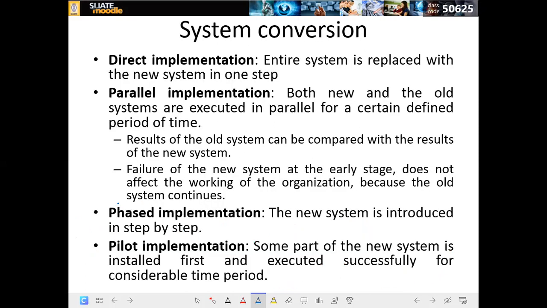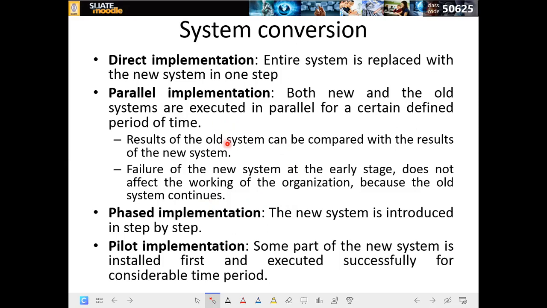Right. Then there are 4 ways of implementing a system. The first one is direct implementation. It says the entire system is replaced with the new system in one step. I'll explain. Next one is parallel implementation. Both new and old systems are executed in parallel for a certain defined period of time. Results of the old system can be compared with the results of the new system. Failure of the new system at the early stage does not affect the working of the organization because the old